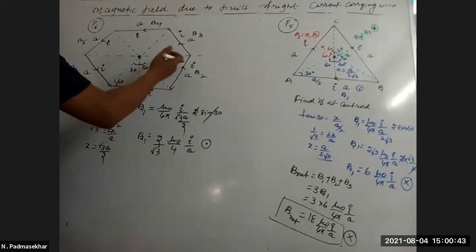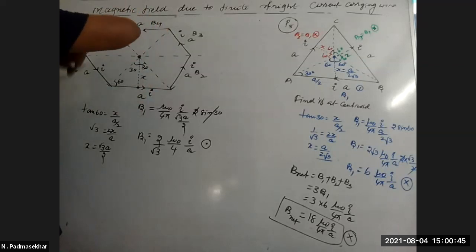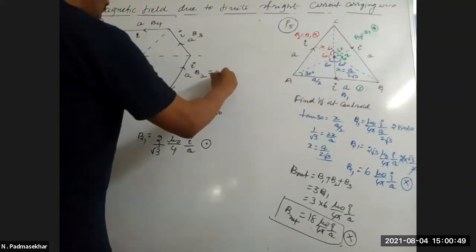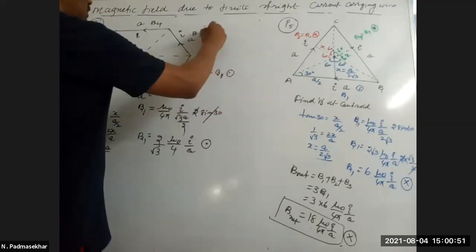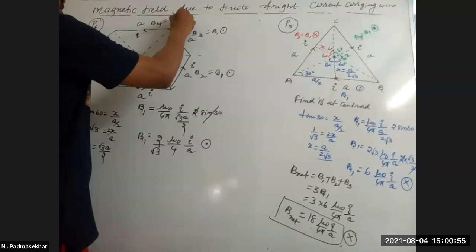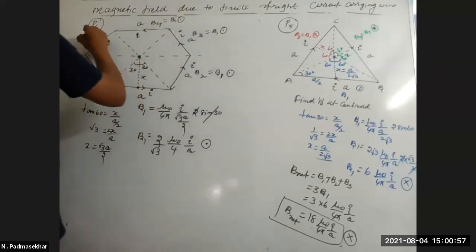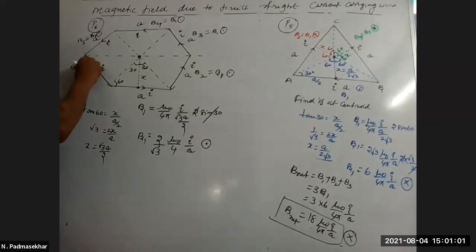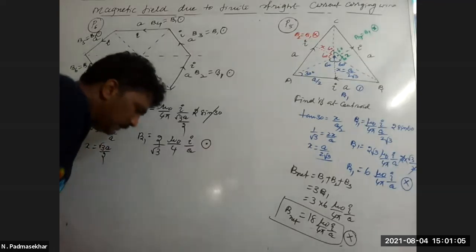So then the direction is out, out, out, out, out. So here B1 is equal to B1, B2 is equal to B1. This is out. B3 is equal to B1. This is out. B4 is equal to B1. This is out. B5 is equal to B1. This is out. B6 is equal to B1. This is out. So the total magnetic field,